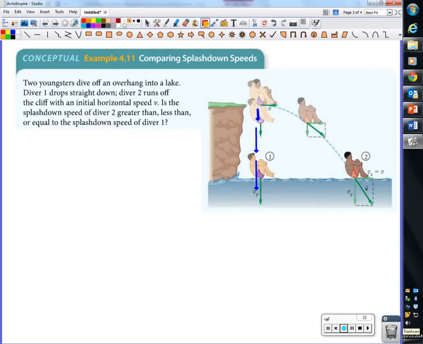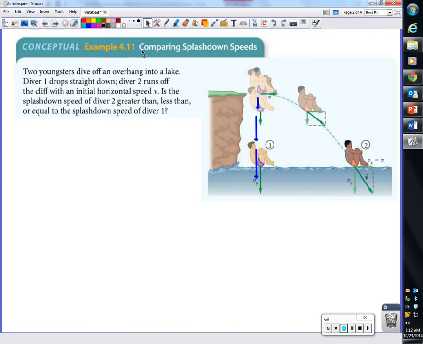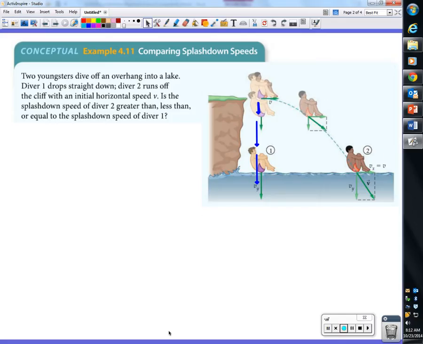But Diver 2 is also doing what? Moving horizontally. So if we're going to talk about Diver 2's speed, we have to take into account both his horizontal motion and his vertical motion. So, at this point,